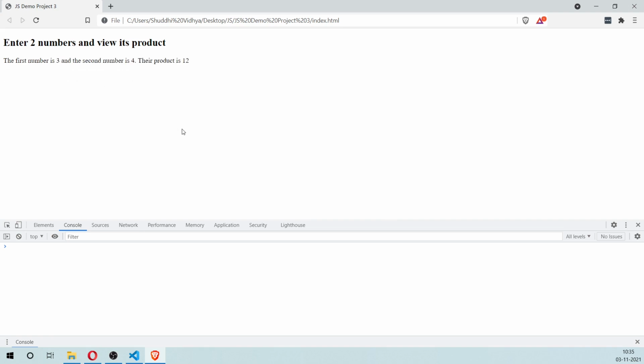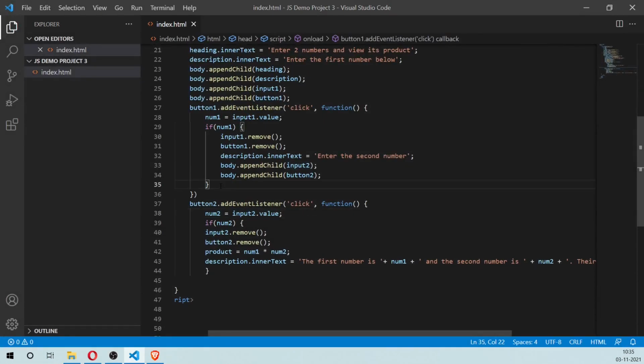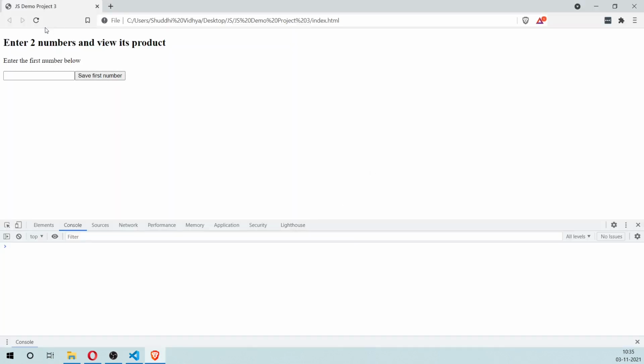Okay, that works great. You can add additional features, like maybe when they do this, you can show an alert box asking them to enter the value. That would be done with something like this. You can add an else statement here and say window.alert, please enter a value. Similarly, we can do this here as well. Please enter a value. So this makes the whole feature a lot more user friendly.